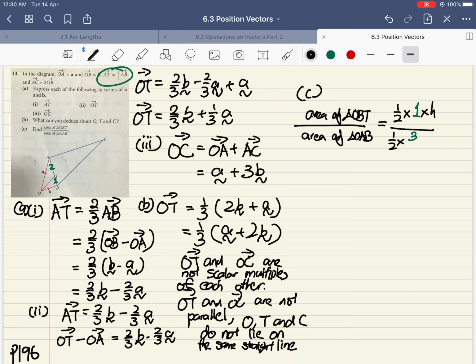Where do I get the 3 units from? Over here, times the common height h. So if you notice, what can I eliminate? The half and the h. So what I'm left with is 1 out of 3. And that brings us to the end of 6.3 position vectors. So do practice what